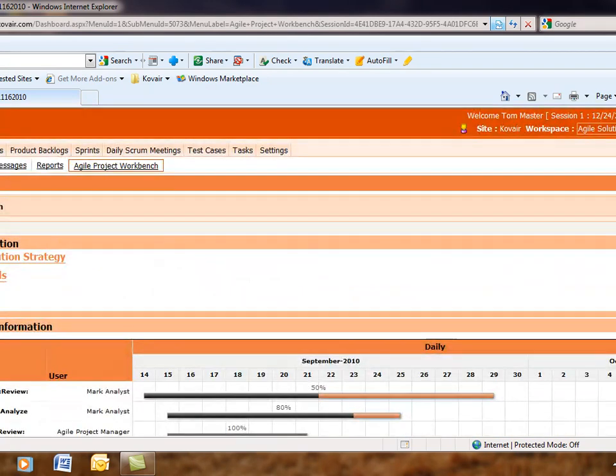So these are some of the graphical reports that you can create in Kovair, and which helps you in depicting or reflecting the various aspects of the project. So with this, I complete my demo presentation on Agile,